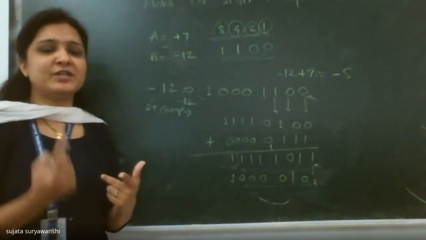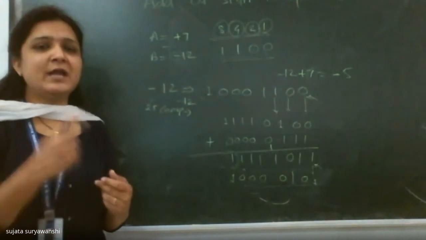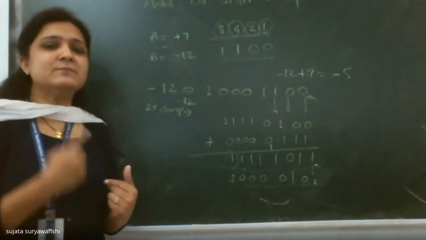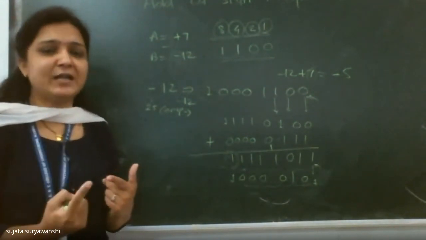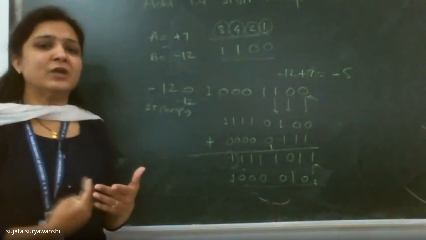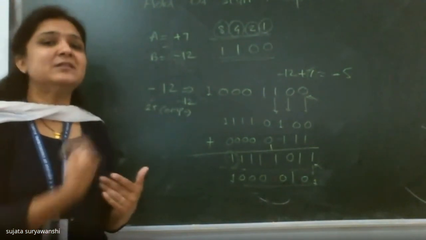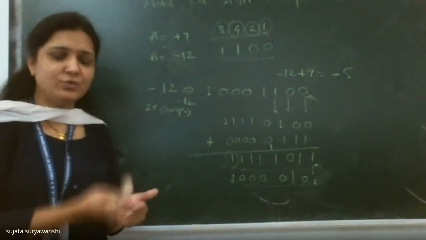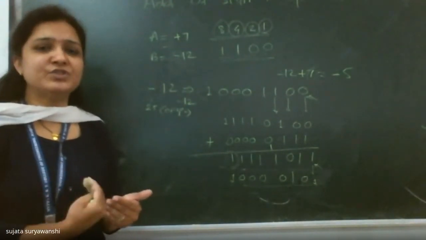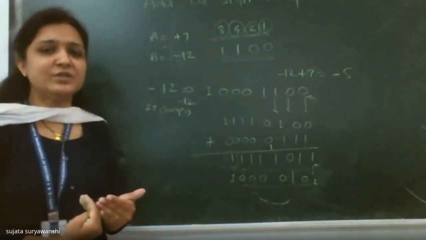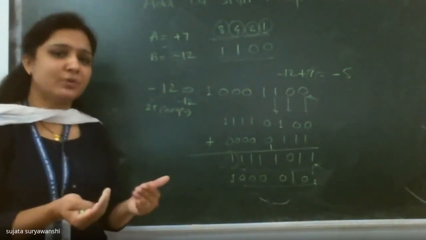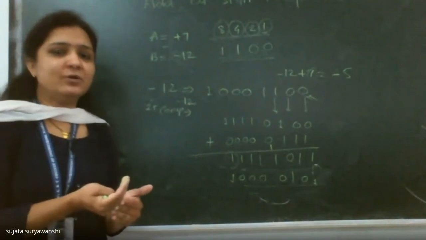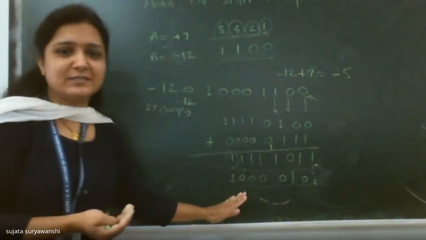No need to change it into 2's complement form. And if you get MSB bit 1, your result is negative. Here you have to convert it into original form, as the result is in 2's complement form. To get it into original form, again use the 2's complement procedure, and you'll get the final answer here.